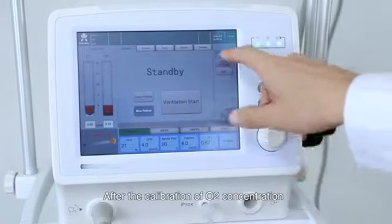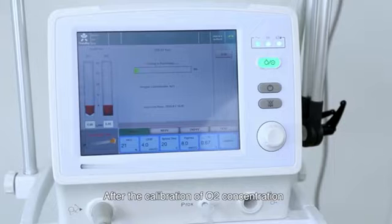Oxygen concentration test. After the calibration of oxygen concentration, you can start test and validate the oxygen